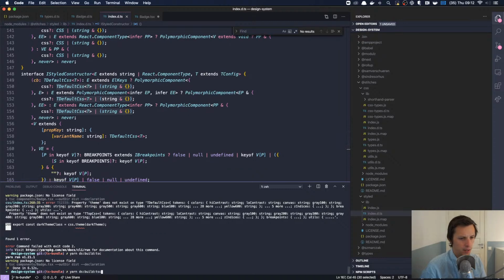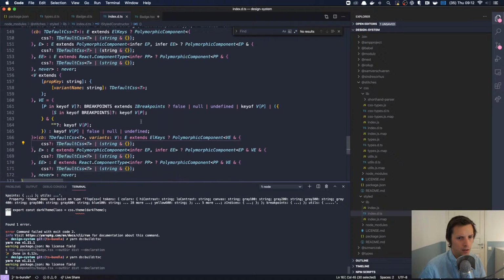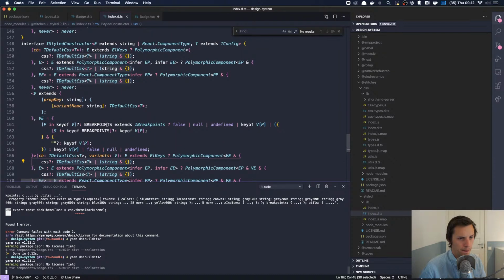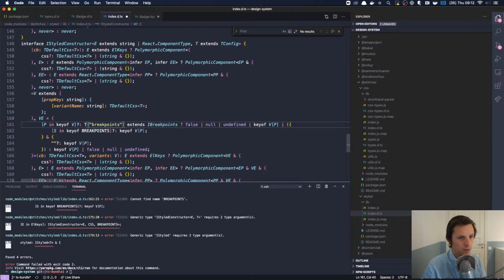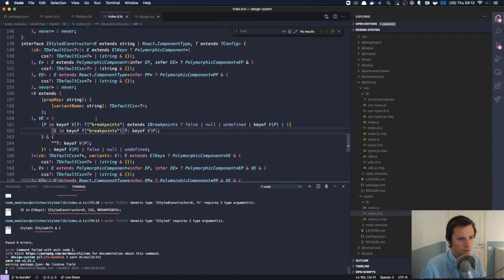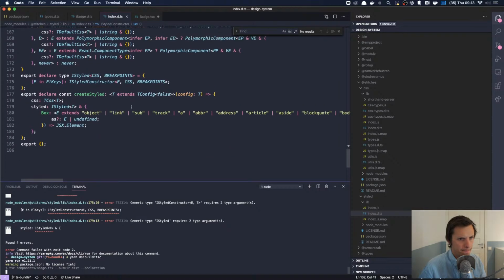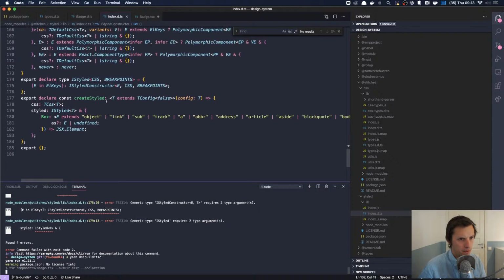Let's just see if it actually runs now. Where are the breakpoints? I styled T. Oh.